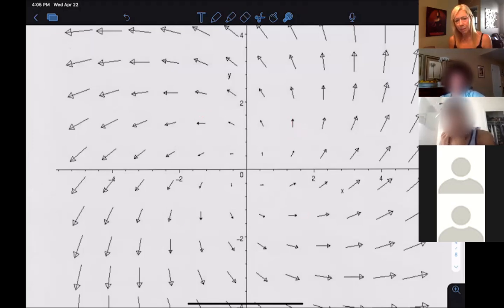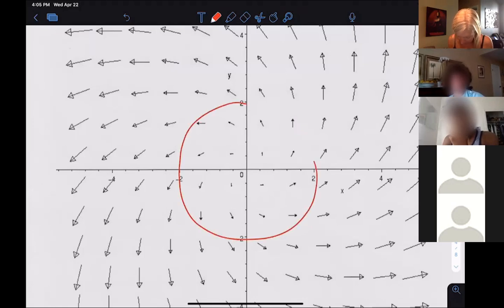Absolutely. Let's think about line integrals. Are there any closed curves around which the line integral seems to not be 0? If you had a unit circle, it seems like it wouldn't be 0 because... Yeah, good. I'm going to make it a little bit bigger than unit because the vectors are so tiny, but it's exactly the right idea. If I have a circle like this,